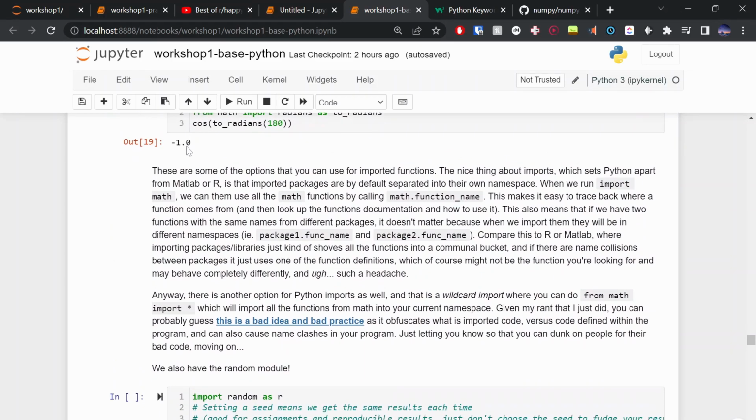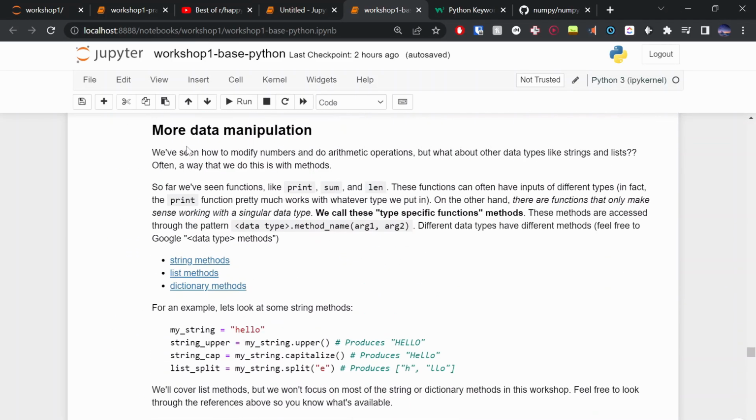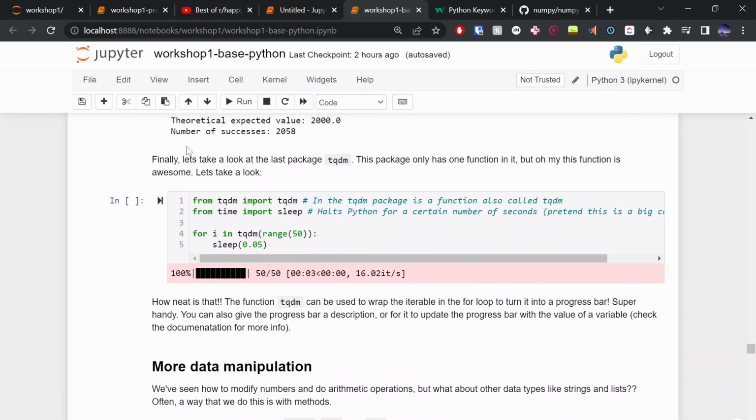Yeah, I think that's pretty self-explanatory. I'll just point you quickly to this thing. The nice thing about using these packages is there's this thing called TQDM, and it's really nice because it turns any for loop into a progress bar.